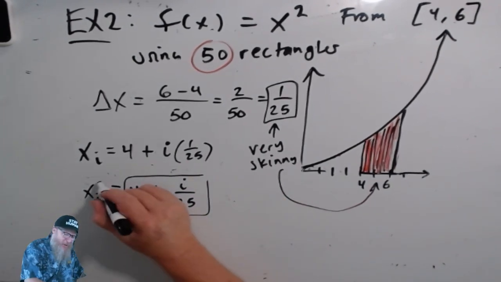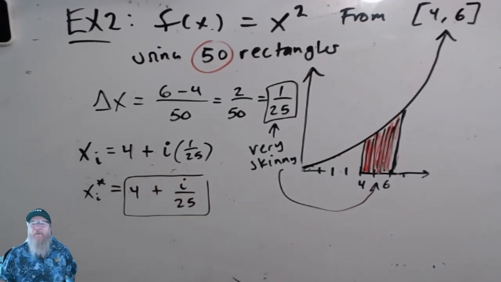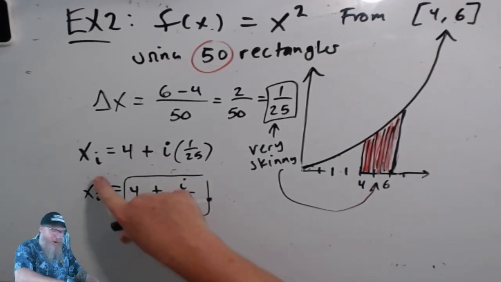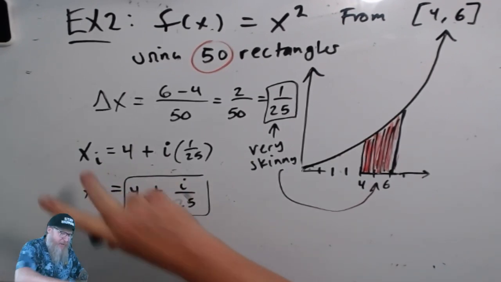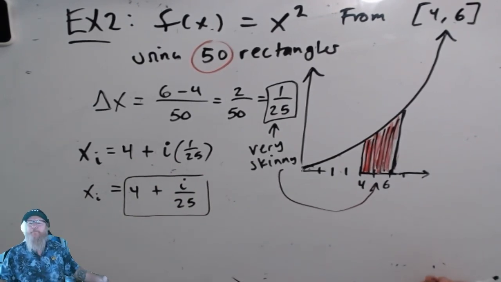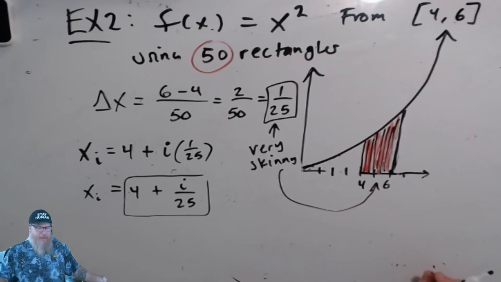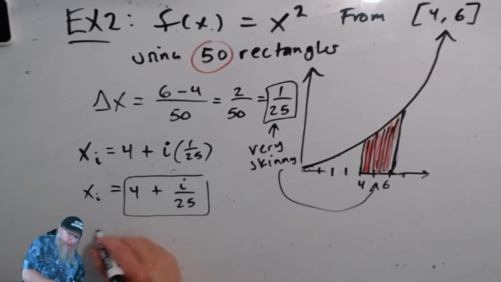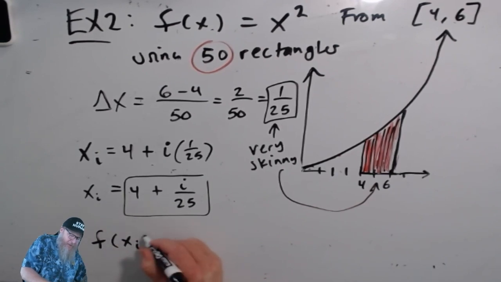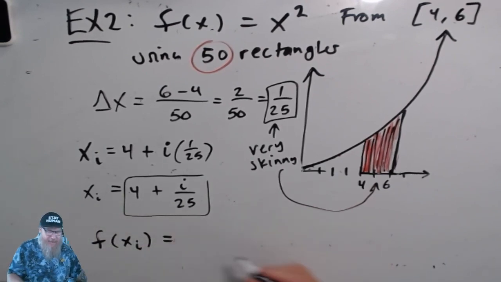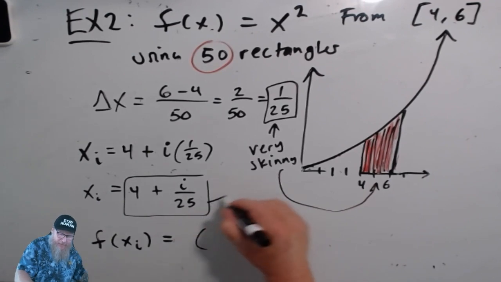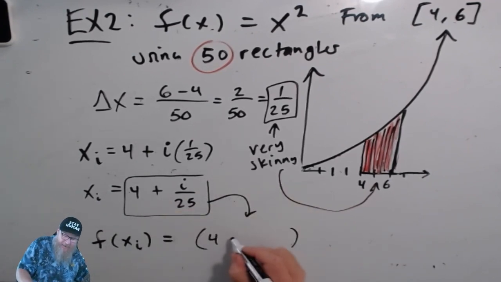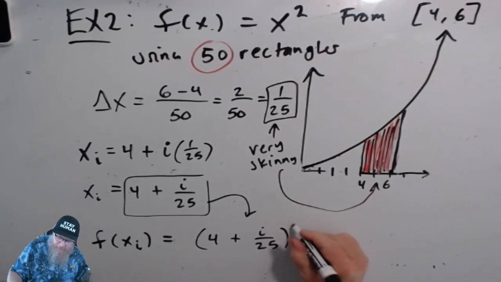And again, you can also call this xi star, but I think the star just makes it look messy, so I just call it xi. What else? f of xi. Well, now we have to do a little bit of math. f of xi is xi squared,